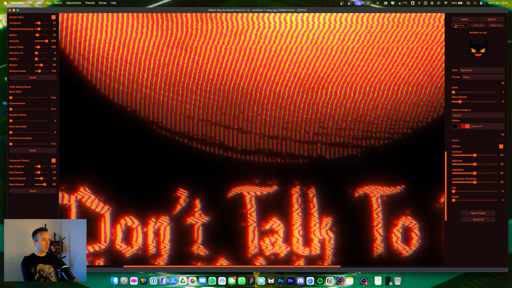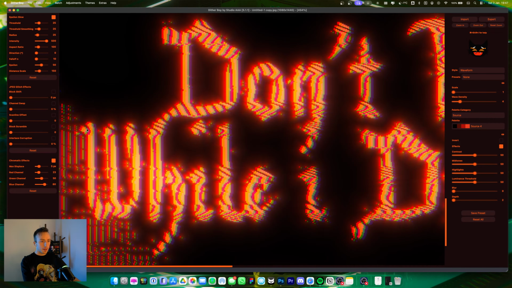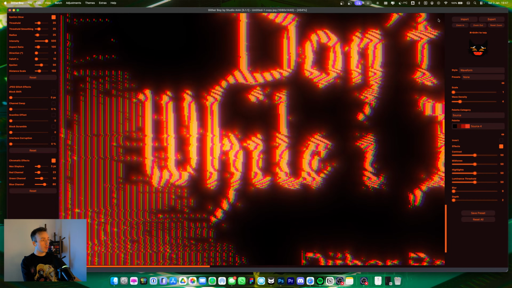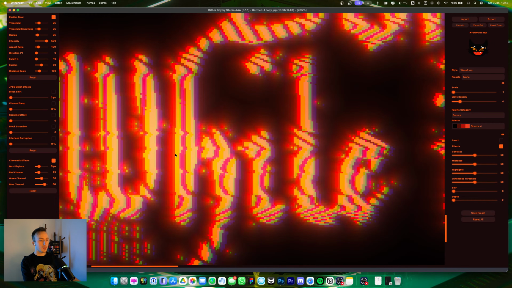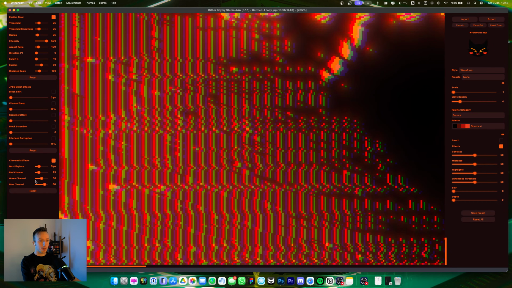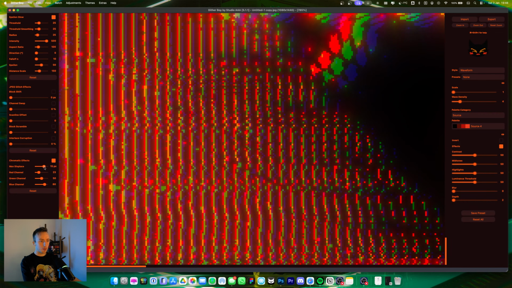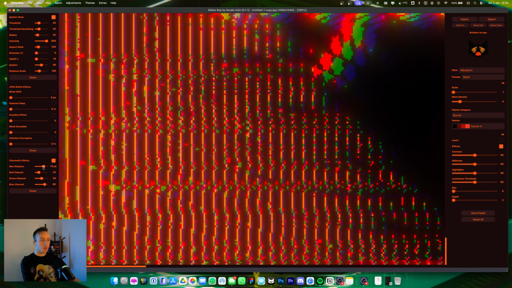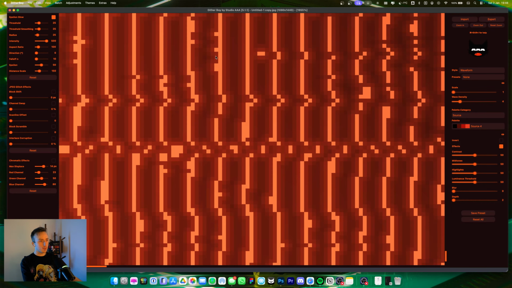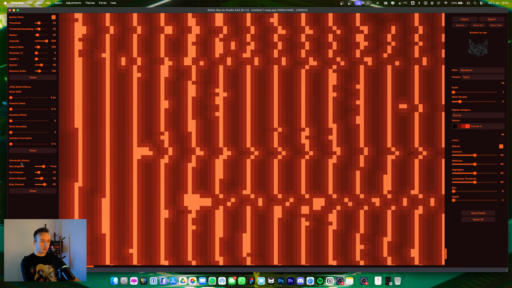So here, if we just keep it at 5, you still get a clear channel separation. And what this does with the waveform effect is it creates this doubled up effect. If you go a little bit further with it, you can line the waves back up with each other the other way. So you can see here, if I turn this off when there's no chromatic aberration and